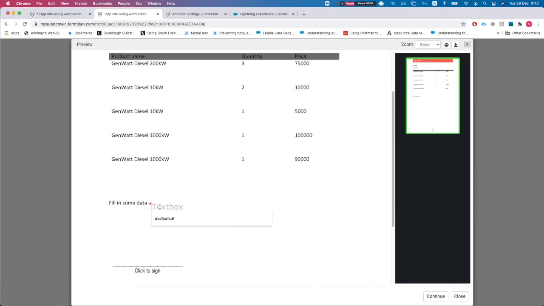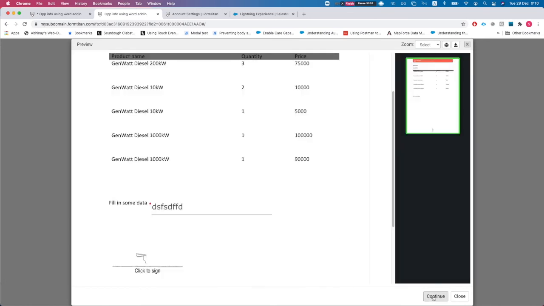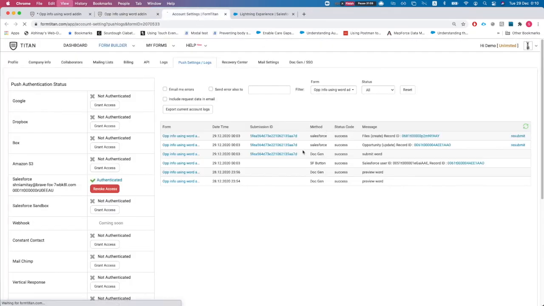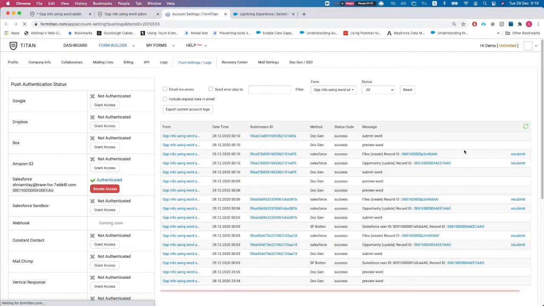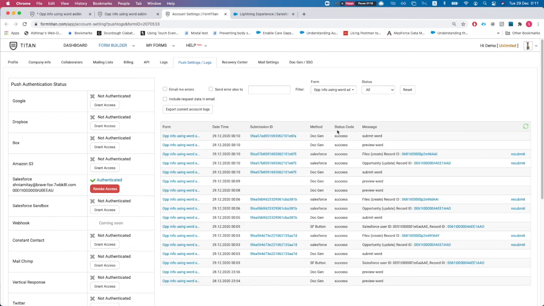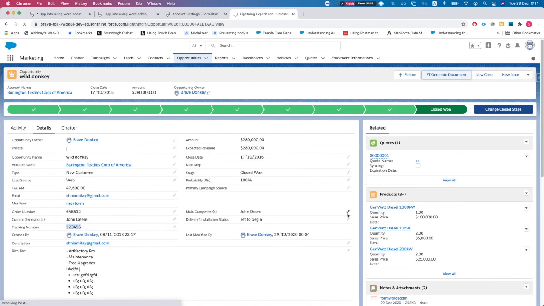All right, and we can see we have our interactive field. We can click here to sign, confirm. We'll hit continue, and then it will push it to Salesforce. Since we just ran the push, I'm just going to refresh this guy here. So we see we have a submit from Word, and in a minute it will create the one with the signature as well. All right, so let's refresh it again, and we can head over to our opportunity. We'll refresh it,